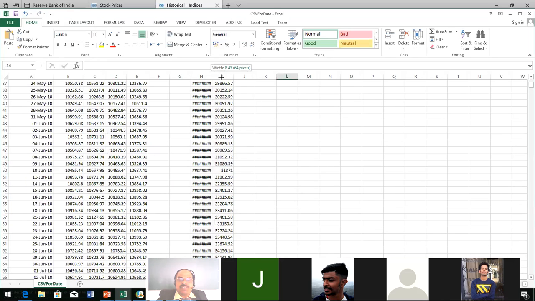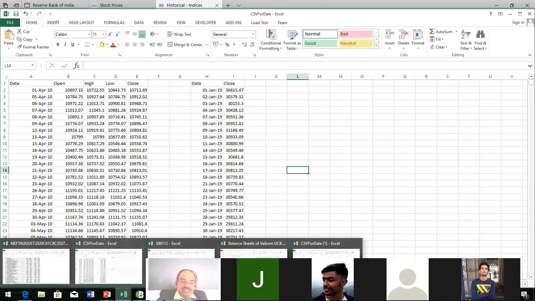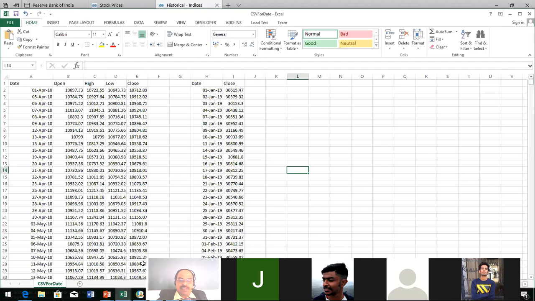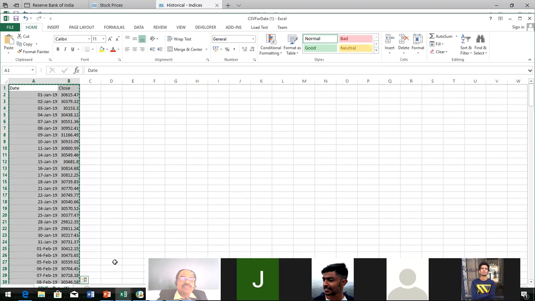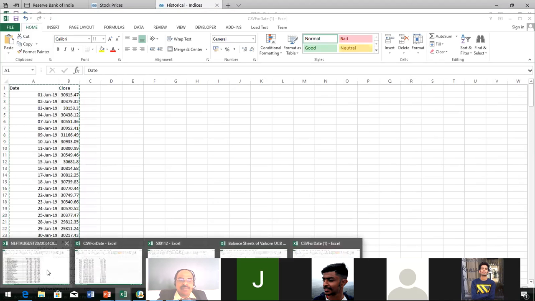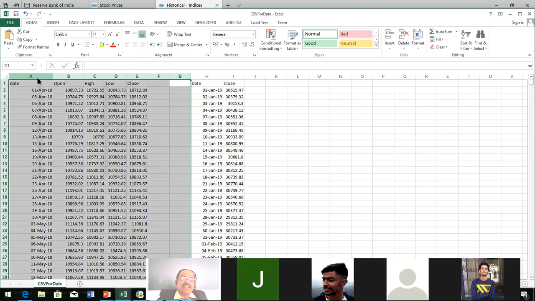Anyhow, you can see that the dates are different. Never compare dates like here it is 1st April, here it is 1st January. So never compare different dates. You can use the dates in which the details are equal. This also is 1st January. So these dates we can't compare, so we can delete that one.